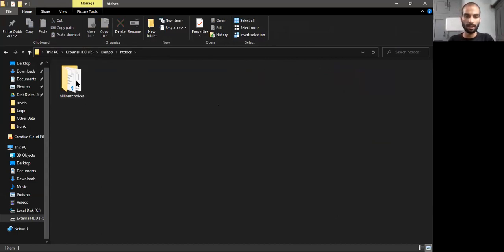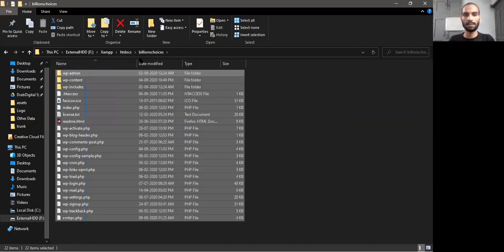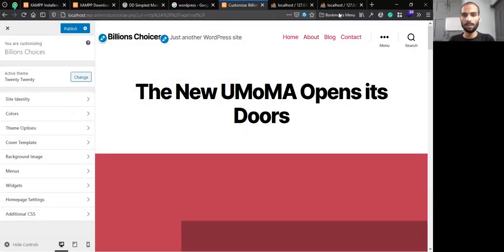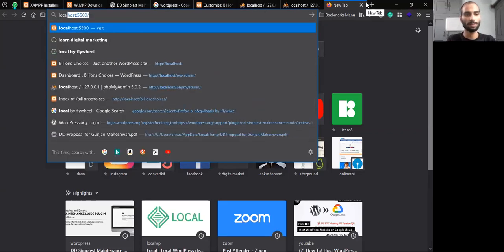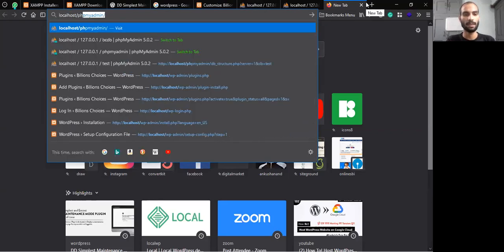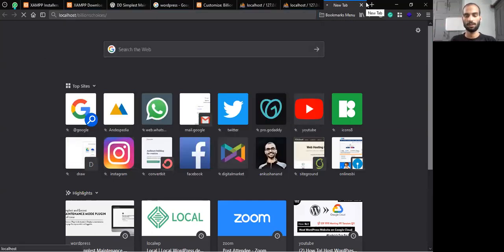So here you have to upload the files in a separate folder inside the htdocs folder. You can see this is the htdocs folder, and there is billion choices. You have to upload files here, and now your domain name will be localhost slash this folder name, billion choices.